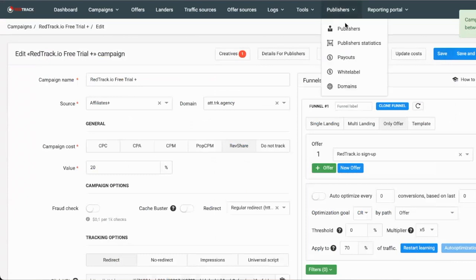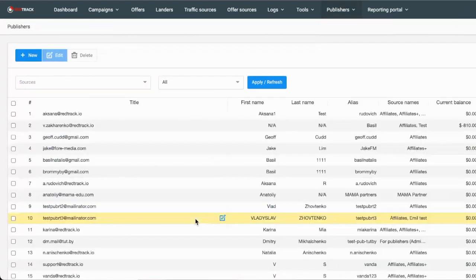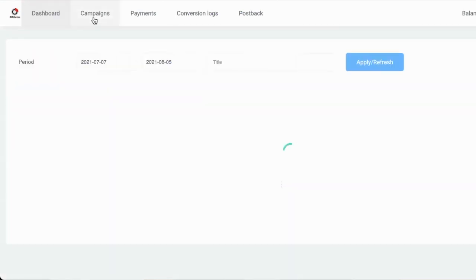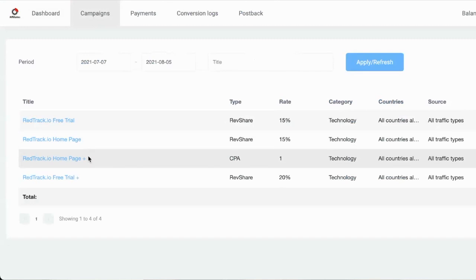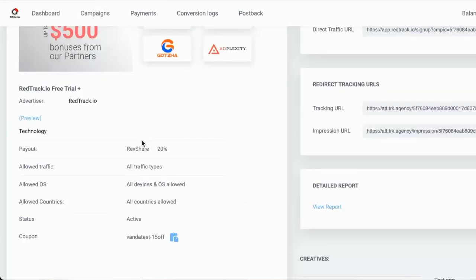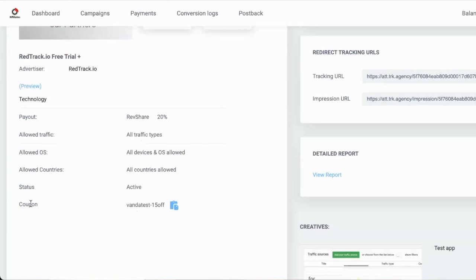And let's go to the publisher. I will show you how it looks on the publisher side. So this is the panel the publisher sees. If you go to campaigns, here it is. This is the coupon. Vanda test is what we have set on the publisher side. 15 off is what we have set on the campaign level. So basically,